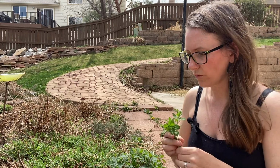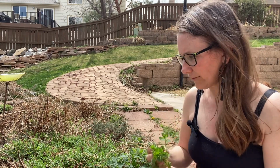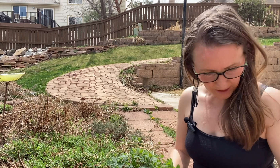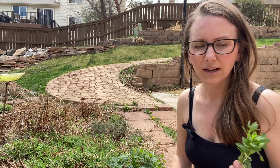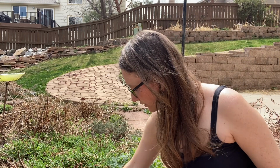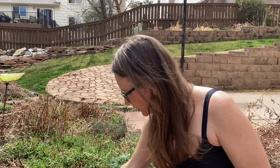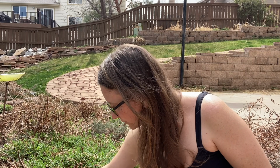And when it goes into flower, there's a beautiful yellow flower that comes out. And if you squish it between your fingers, it turns into this massively stunning, vibrant red color. Those are some identifying factors of St. John's wort. But it does spread quite a bit because, as I learned this year, when I started collecting